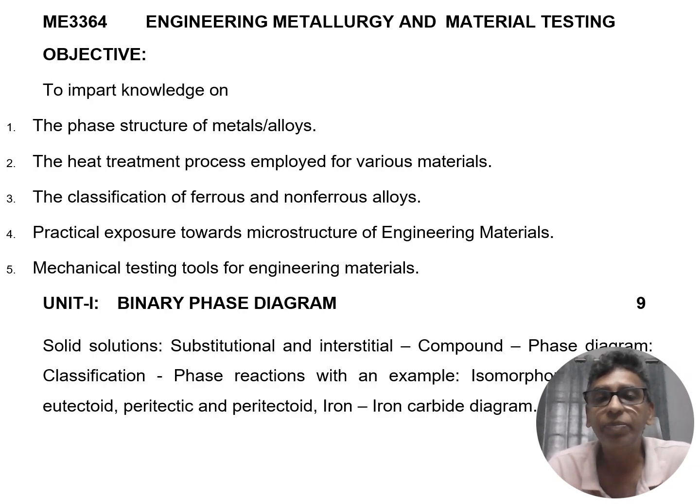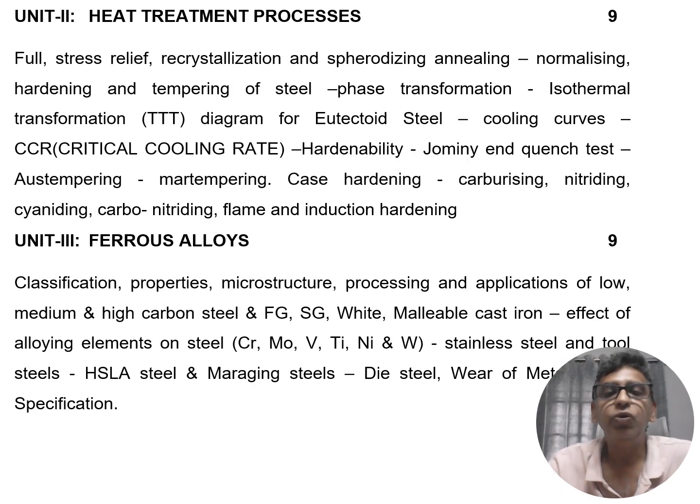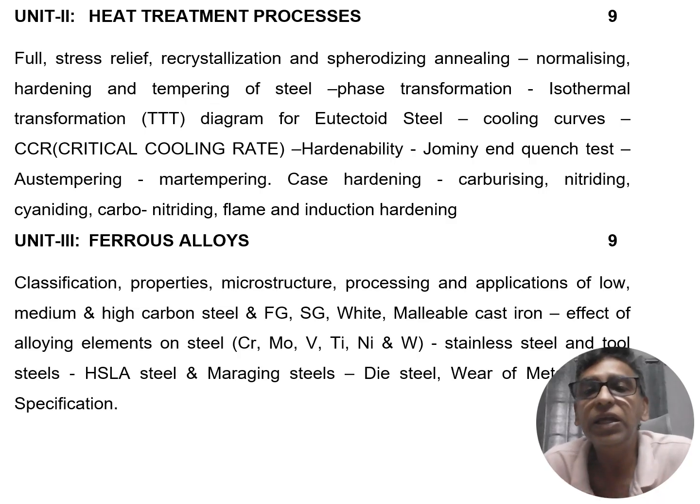eutectoid, peritectoid, iron and iron carbon diagram. So Unit 2 deals with the heat treatment processes. Heat treatment is nothing but heating a particular material or alloy to a particular temperature and then slowly cooling it to get the desired properties, in which we have full stress relief, recrystallization and spheroidizing, annealing,